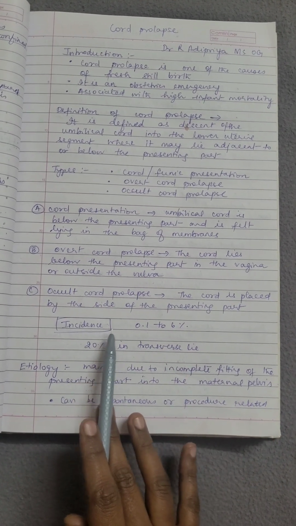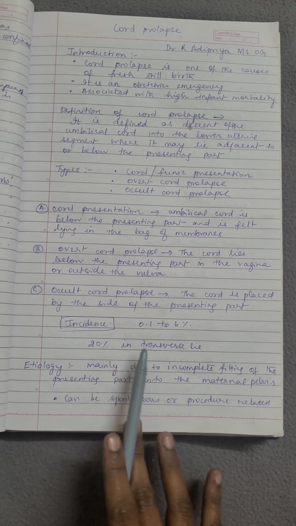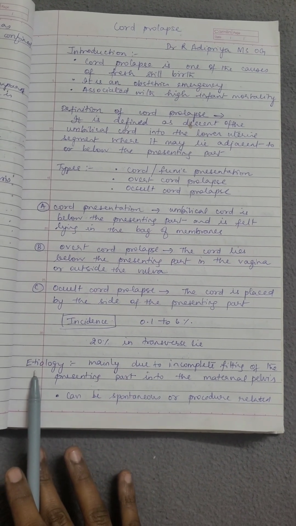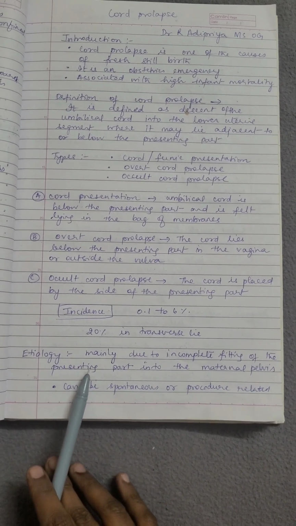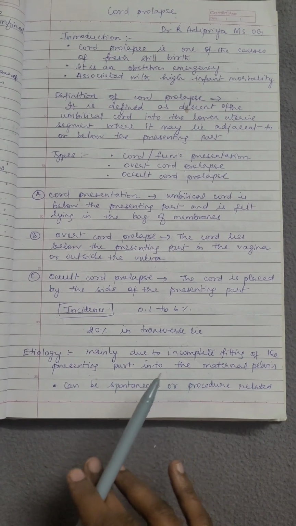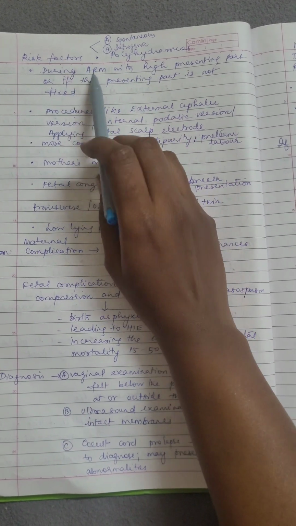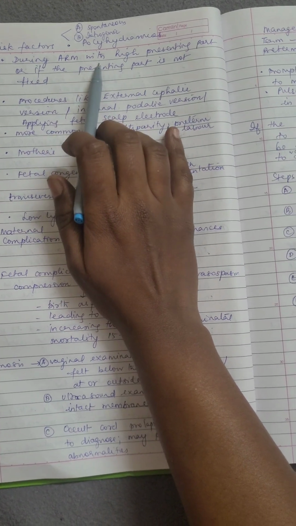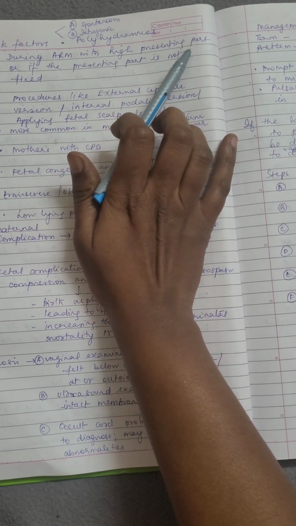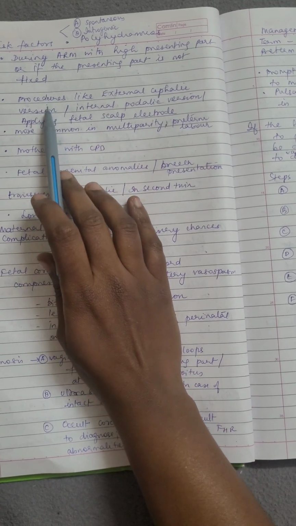Incidence of cord prolapse is 0.1 to 6% and it is highest, 20%, in transverse lie. Causes of cord prolapse: it is mainly due to incomplete fitting of the presenting part into the maternal pelvis. It can be spontaneous, or the main risk factor is during ARM, artificial rupture of membranes, when the presenting part is high or not fixed into the maternal pelvis, and during procedures